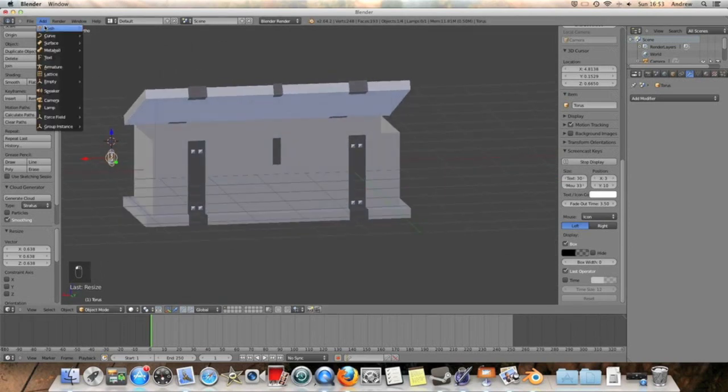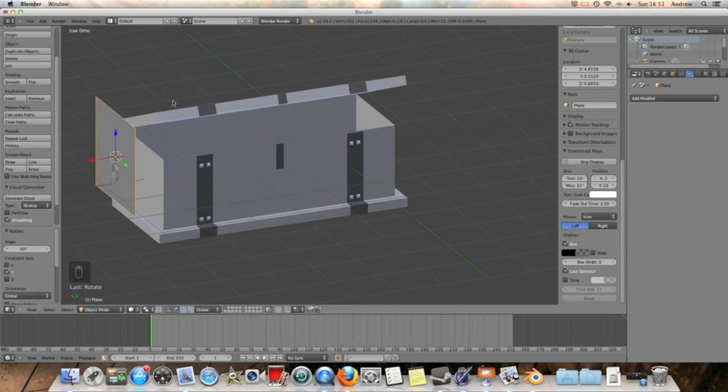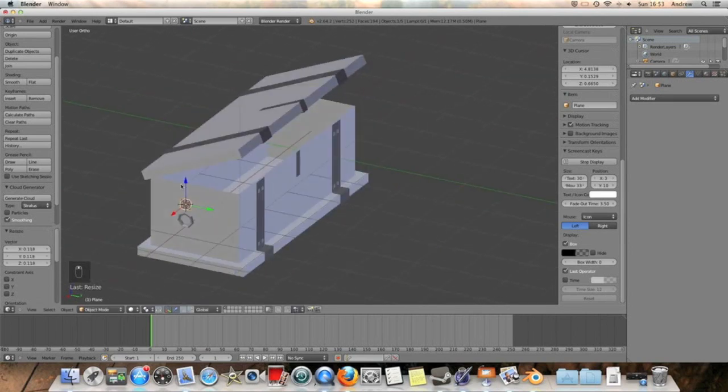Even add a just quick plane. Rotate that on the y-axis by, this one's got to be 90, just so we make sure the normals are right. And so if we scale that on the x-axis, I mean y-axis even, this is the very final touch. Scale this on the z-axis,